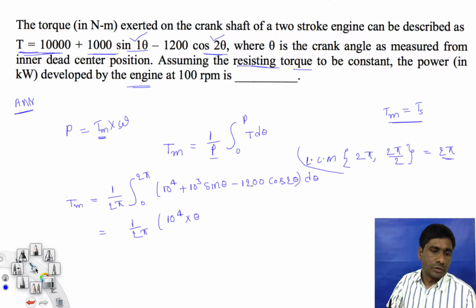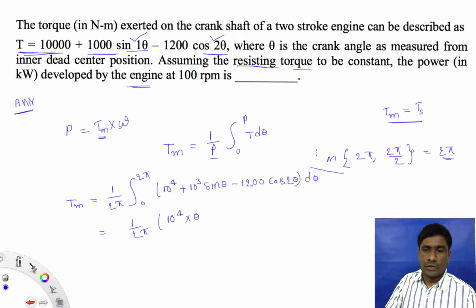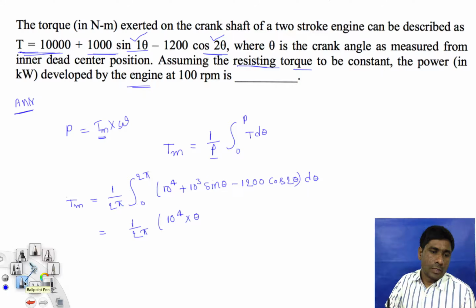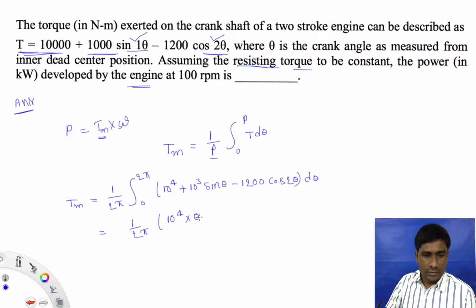Let me erase that one. I am erasing the LCM. We have already seen how we calculated the LCM, and this is the theta, and here the integral of sine theta is minus cos theta. So 10 cube cos theta,